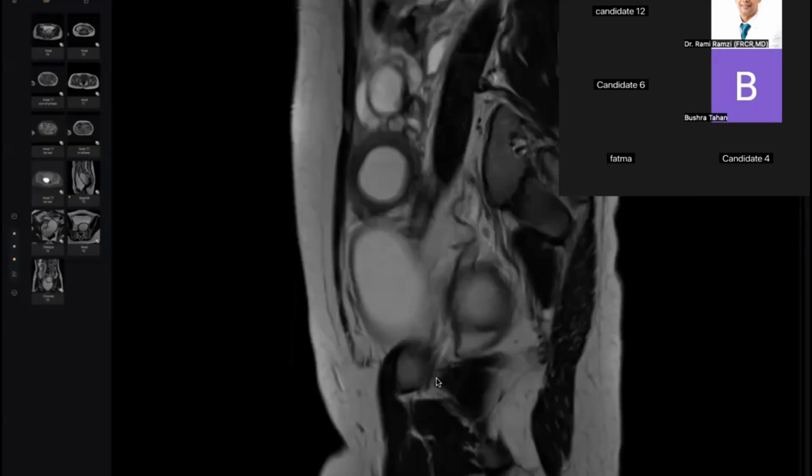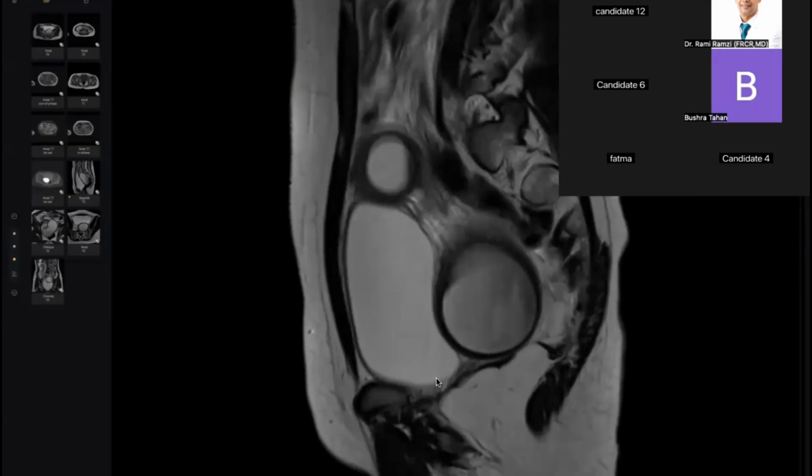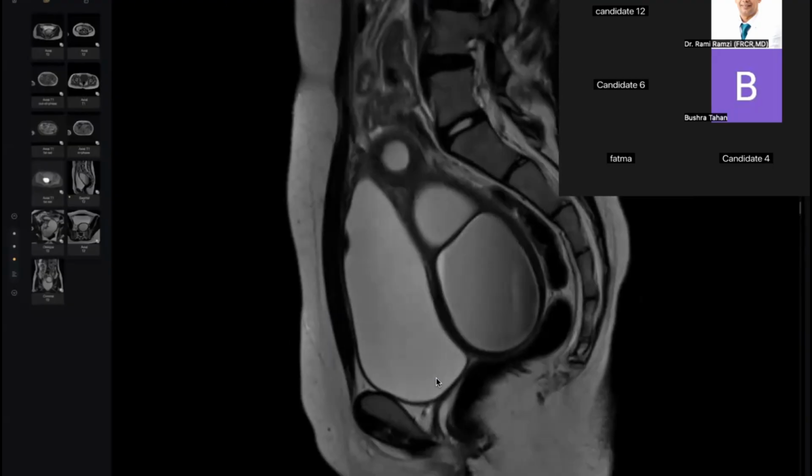So that would be the cranium, the cervix and the vagina. So, cervix. What's your differential diagnosis? I think this is an imperforate hymen, possibly. So it would be an imperforate hymen with